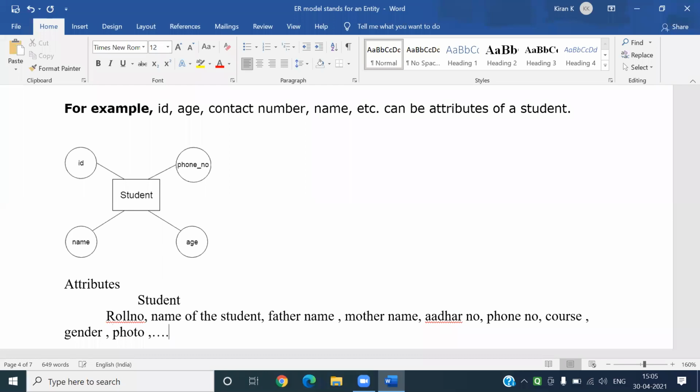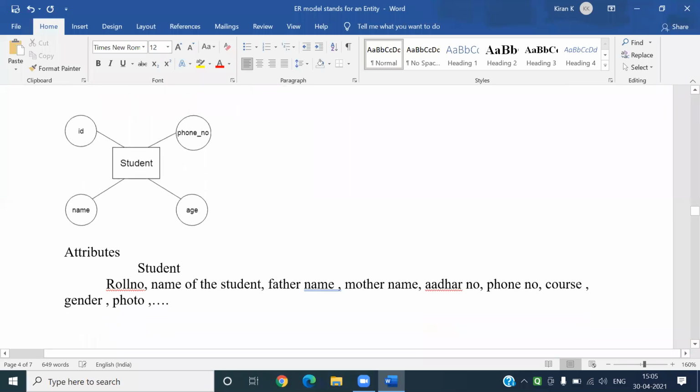All these things are called attributes of a student.